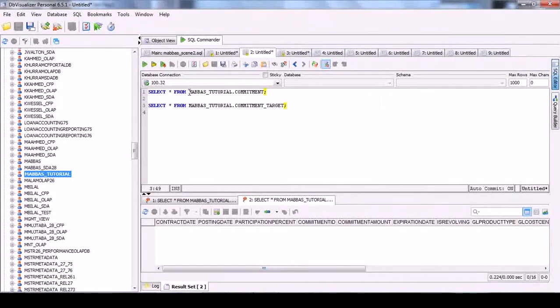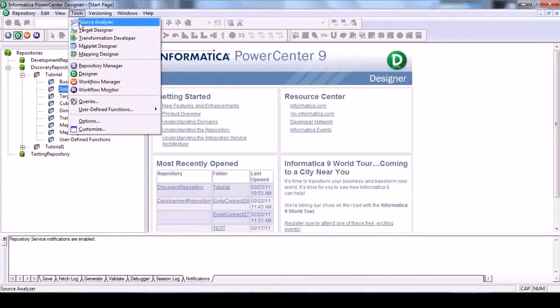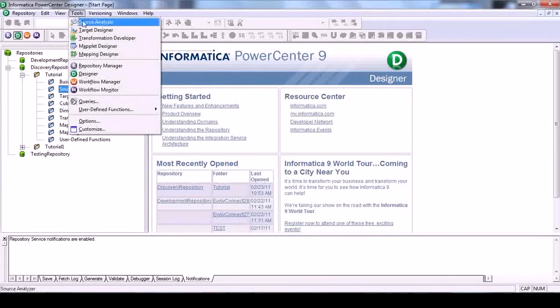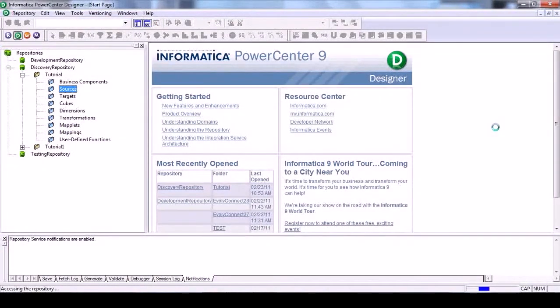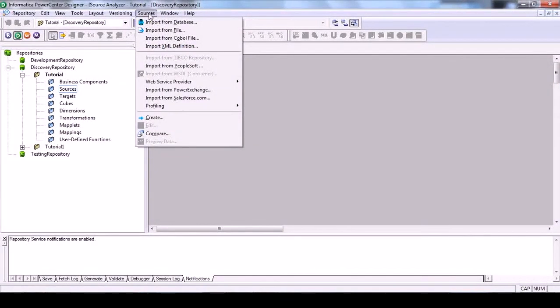So let's start with creating these. Okay, so for example, if you want to see your sources and targets, here are the tools. We come into the source analyzer. We need to create the source first. So here one more tab has appeared within the source. Now we have different options, right? We can directly create our source as well.